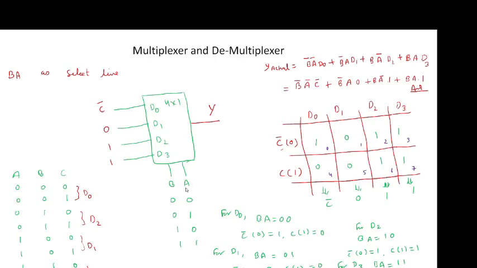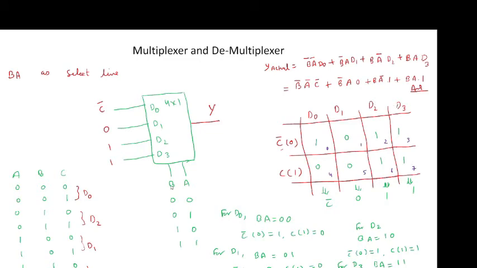Now see here that our actual output will be B bar A bar D0 plus B bar A D1 plus B A bar D2 plus B A D3. Now I will find the value of D0, D1, D2, D3. For finding these values, I will write them in the columns as D0, D1, D2, D3.